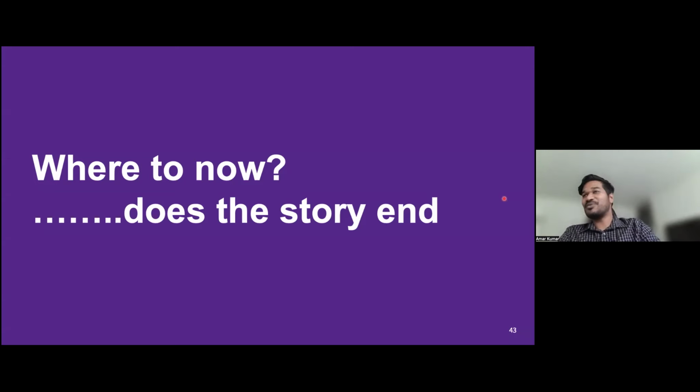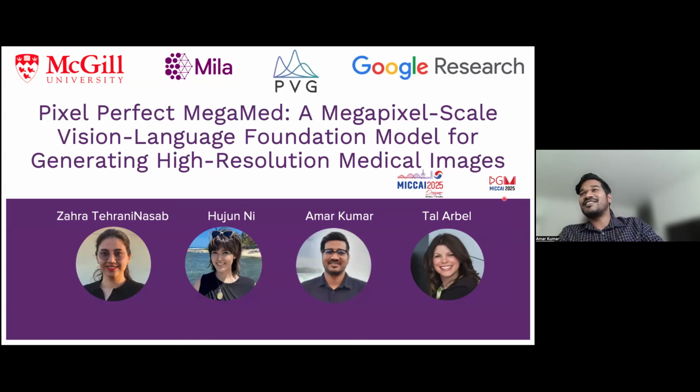So what I was able to show you is that we can have foundation models that can control quite a lot of things. We can have disentangled trajectories. We can even improve this foundation model using reinforcement learning. Does the story end here? Not yet. So we have another paper at this